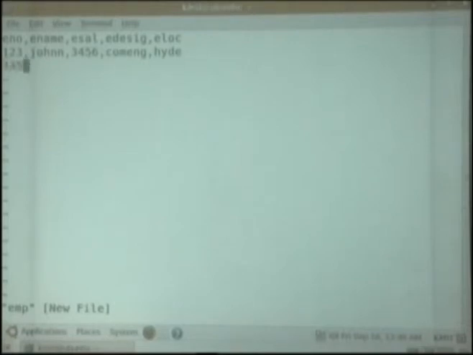Now next is 3 4 5. Secunderabad, and I'm giving random numbers.